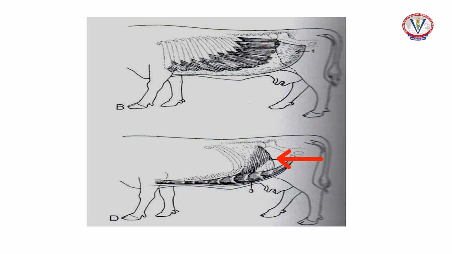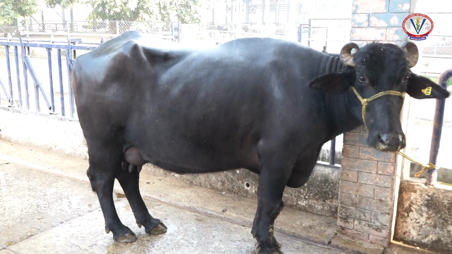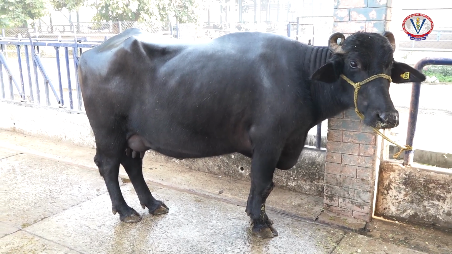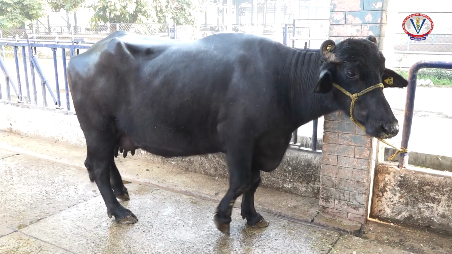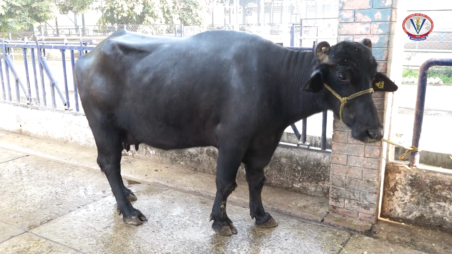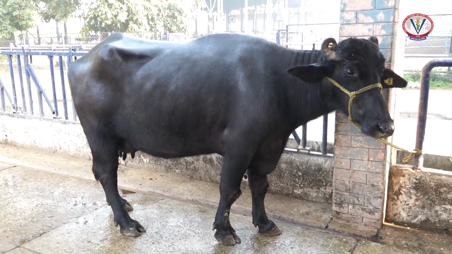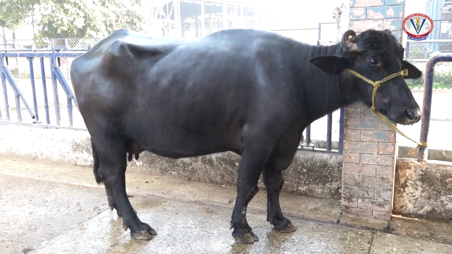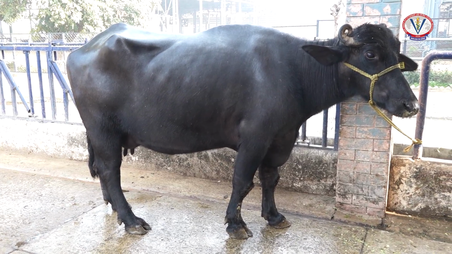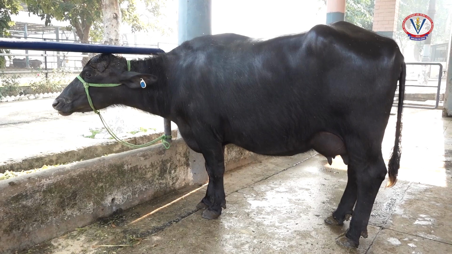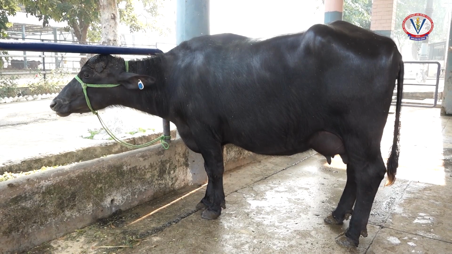The deep inguinal ring of the inguinal canal is the internal opening of the inguinal canal, formed by the caudal border of the internal oblique abdominal muscles. The testicles descend towards the scrotum through this inguinal canal. Whenever one or both of the testes fail to descend from the abdomen into the scrotum, the condition is called